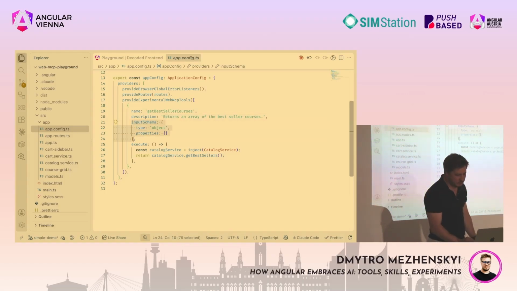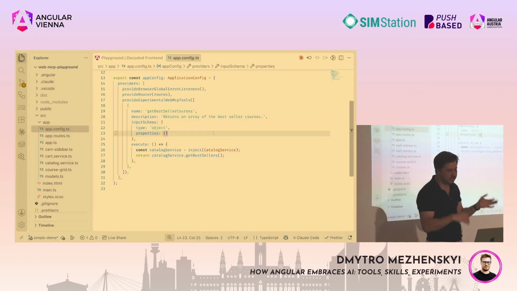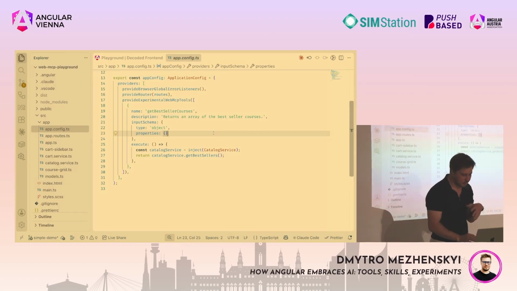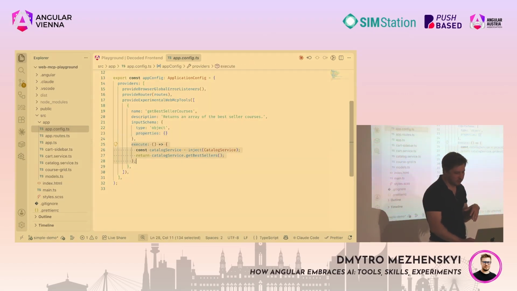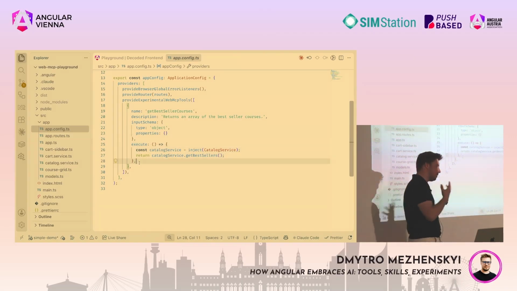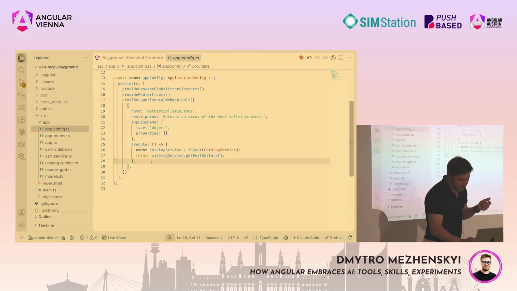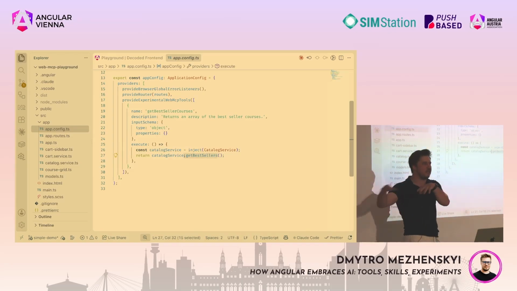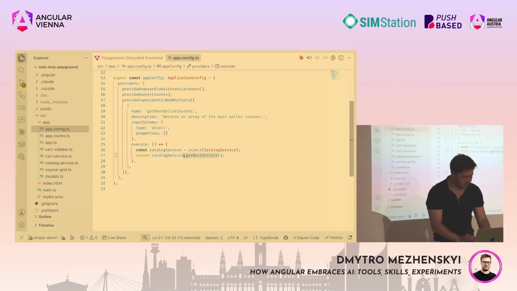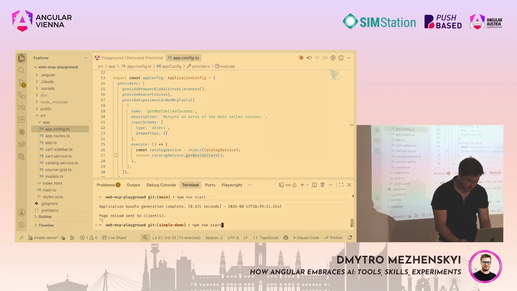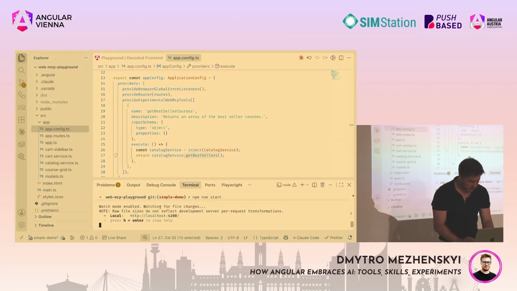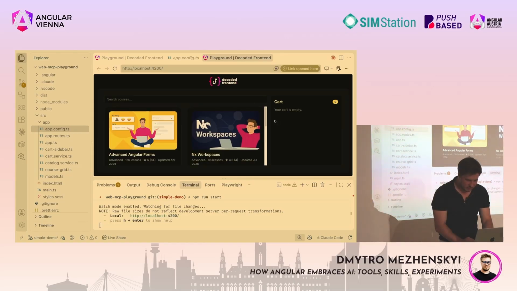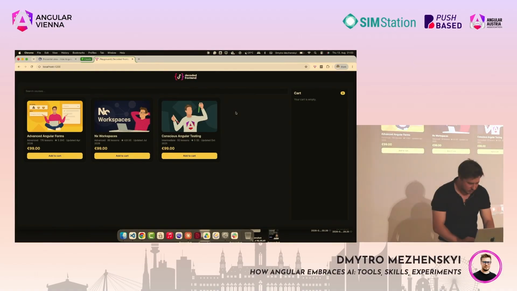Also, we can define the input schema. These are the parameters that can be provided to this tool, and we have the execute function. This is where we perform the logic that we need. In my case, I simply return bestseller courses that are probably stored on the backend. So I go to the backend, I fetch the data, and return it. And if we restart it to make sure that nothing is corrupted, let's reload our page and try to